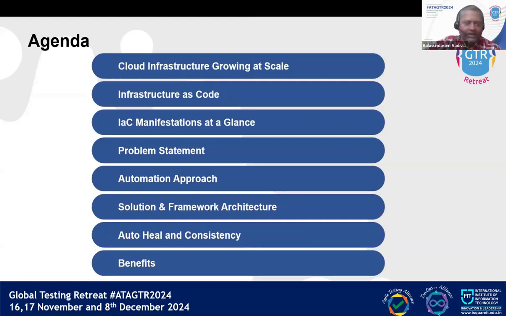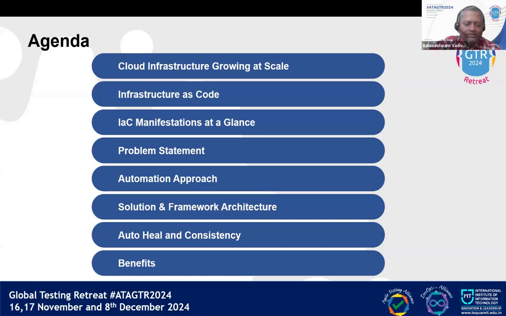So here we have the agenda of today's session. First, we focus on what are the industry trends on cloud and what is the role of infra as a code, and a glimpse of how the IAC templates look.